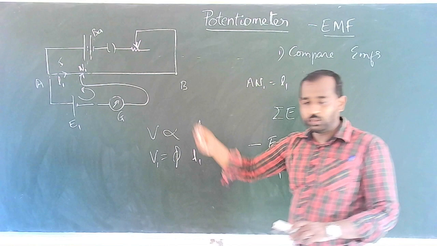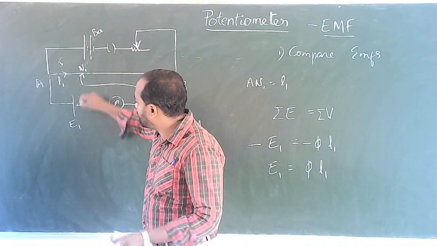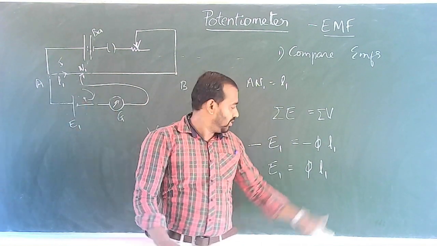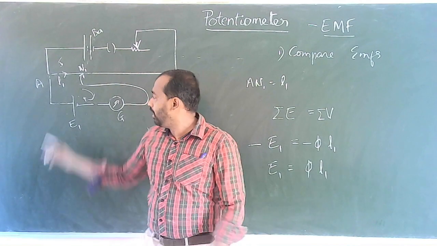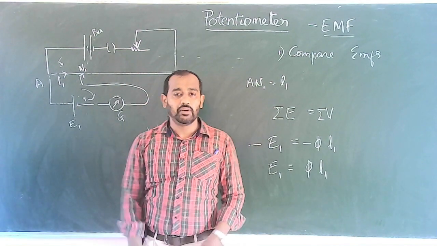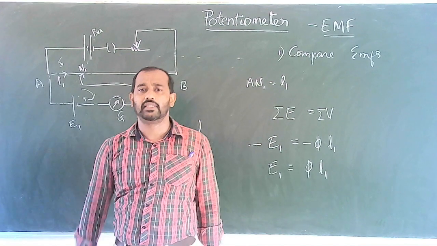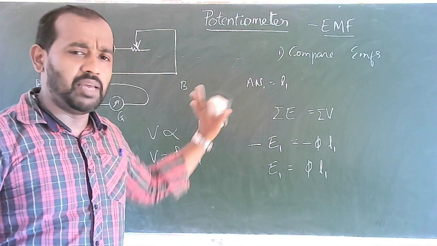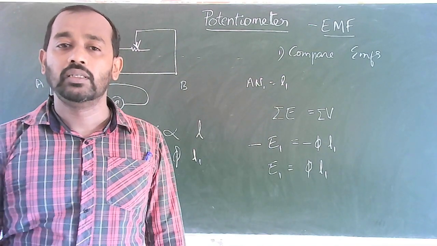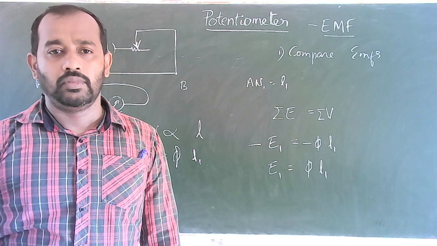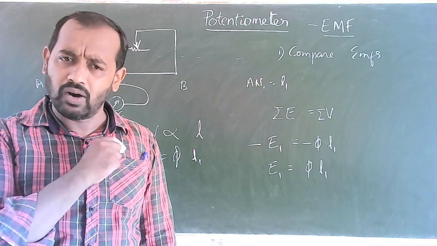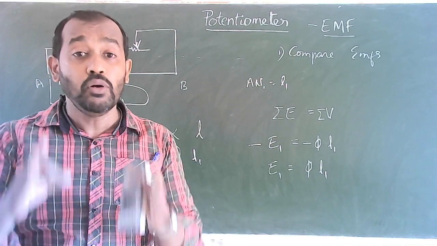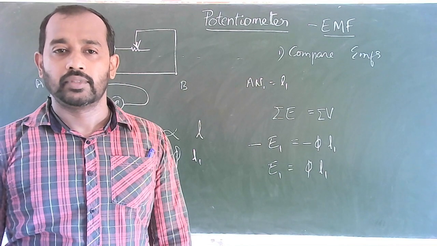Similarly, if we choose in an opposite direction, clockwise direction, then what happens? We are moving in the direction of the current itself. This will become positive, and we are moving from negative to the positive of the cell. The result will be the same. Whatever may be the direction in which you may traverse, we will get the same result. So therefore, you should not get worried about which direction to follow. If you are comfortable with the clockwise direction, always follow that direction. Whatever you do, you will get the correct equation if you follow the correct steps.